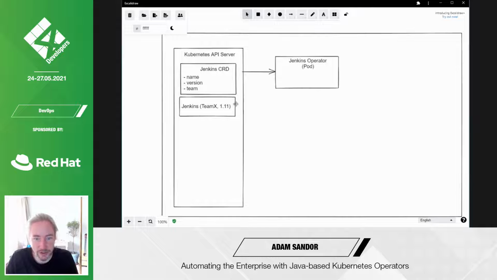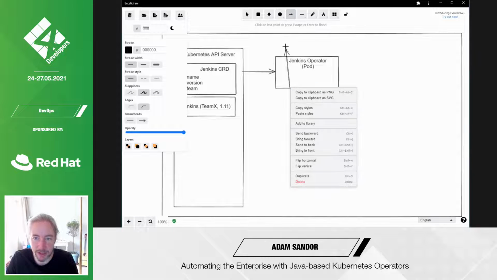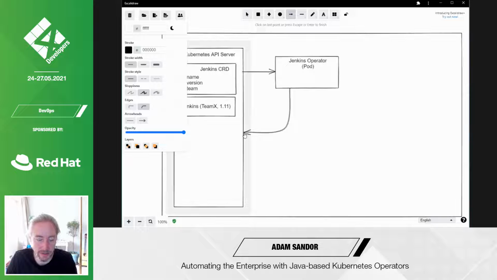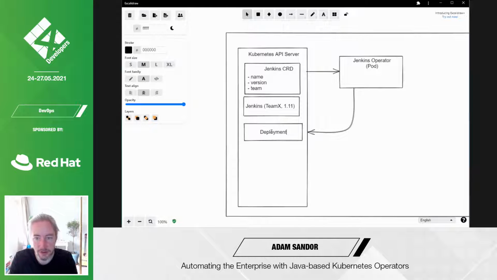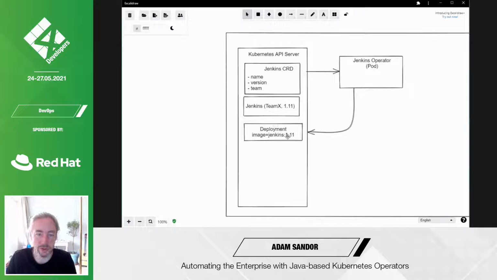Once the Jenkins operator receives an event that there is a Jenkins, it can go and create the actual Jenkins, which in this simplest case will be running on the same cluster. So the Jenkins operator will go and tell the Kubernetes API server that I want to create a deployment now with the image equals Jenkins 111, which of course will cause Kubernetes